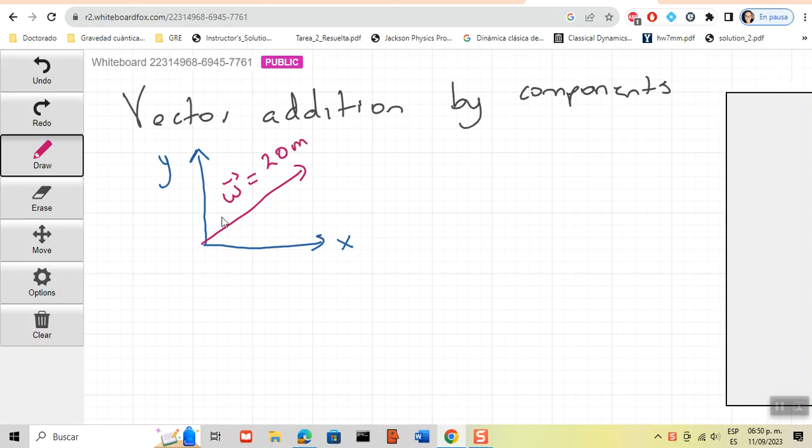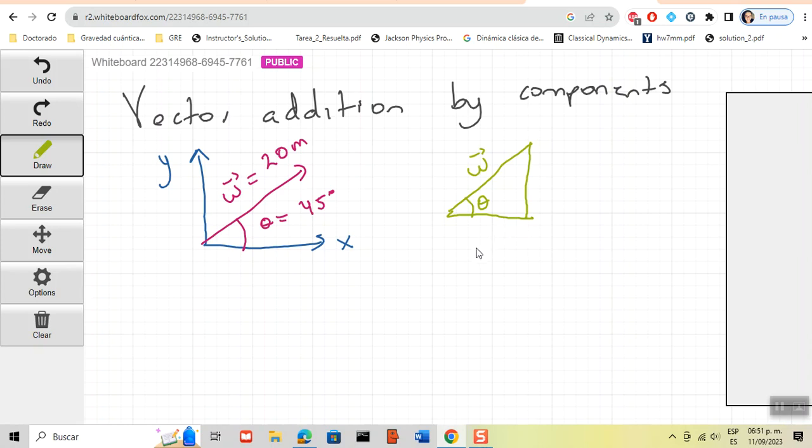And then we're gonna also have another factor to consider, which is the angle, okay? And that's gonna be the angle it makes with respect to x. So in this case, let's pretend that is, I don't know, 45 degrees, right? So what we're trying to do, guys, is draw a right triangle, where we have the angle, we have the hypotenuse, which in this case is the vector, and then we're